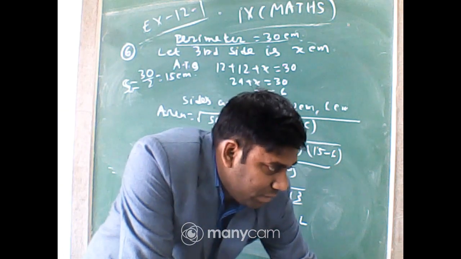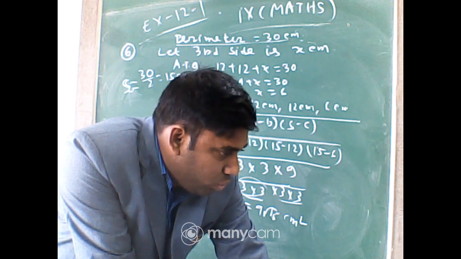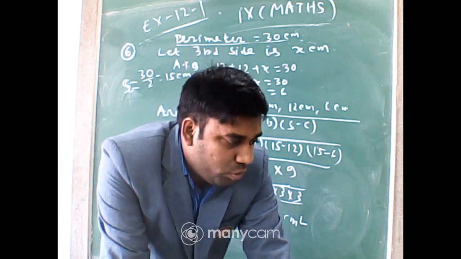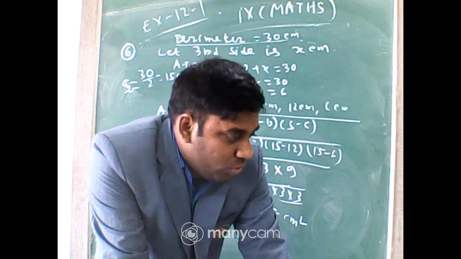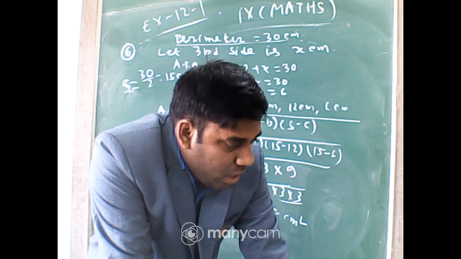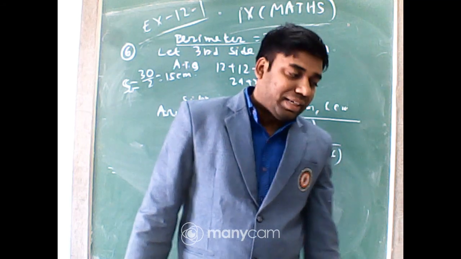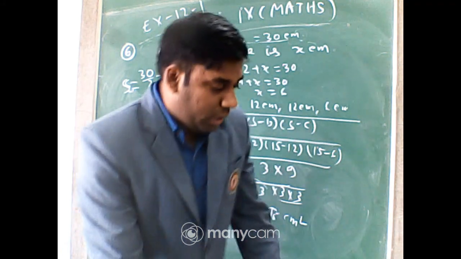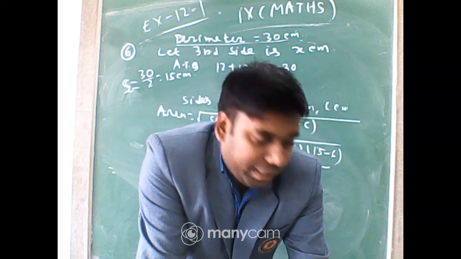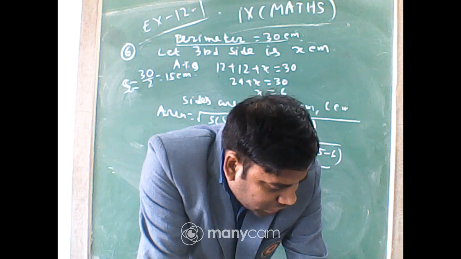So any sums left in this exercise? Tell me quickly. Any sums left in this exercise? That is 12.1? No. And 12.2 is not in our syllabus. I hope you know that 12.2 is out of the syllabus. This is the reduced syllabus. So only one chapter is left in our syllabus, that is construction. And it will be better if anyone can say whether in construction there is the full portion or some portions are deleted. Some portions are deleted, yes or no? In the construction chapter?